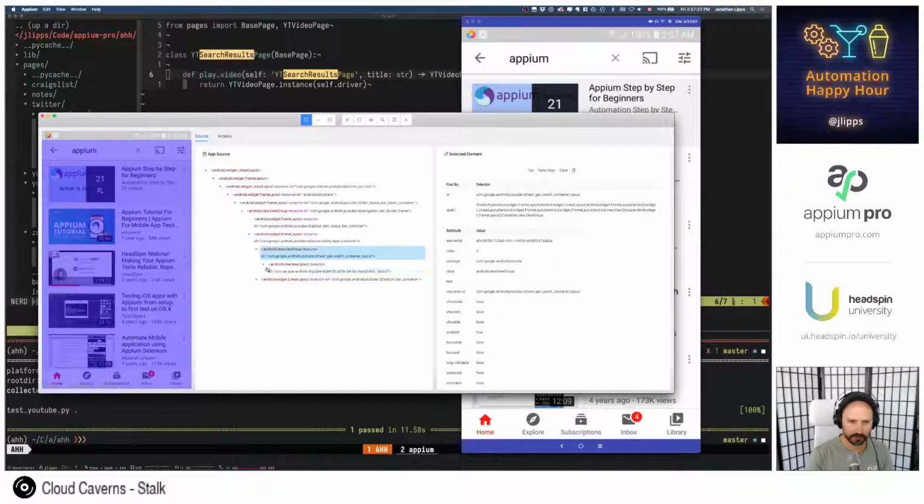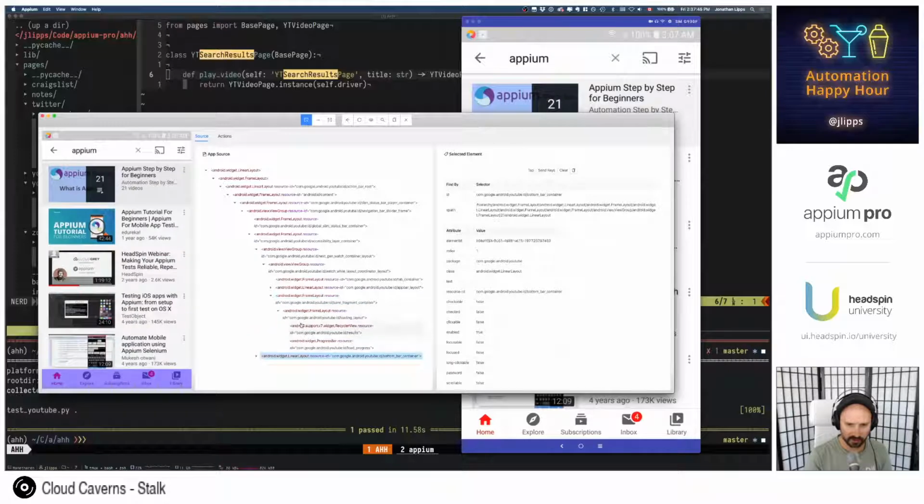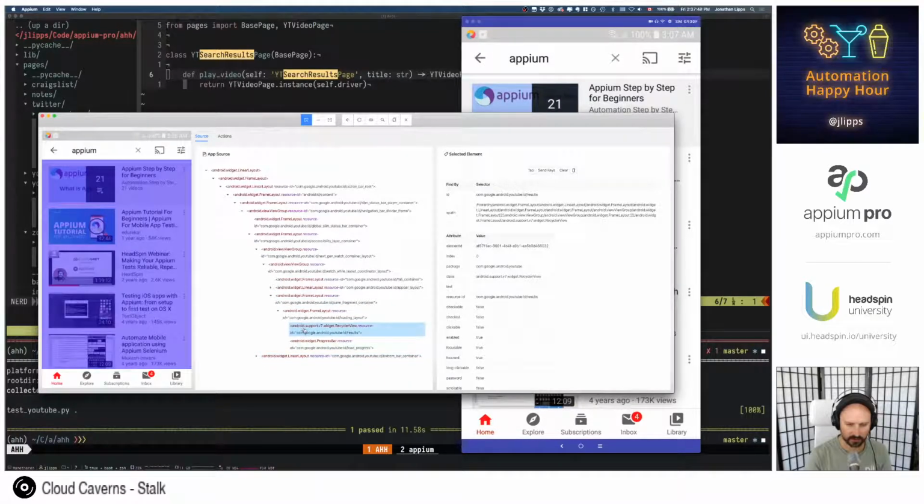At least we are dealing with an app that has been designed by Google, so they're probably going to put IDs on lots of things. And accessibility IDs even. Loading layout. No, that's not the one we want. Is there nothing else here? Bottom bar container, loading layout. Oh, results. Oh, it's a recycler view.